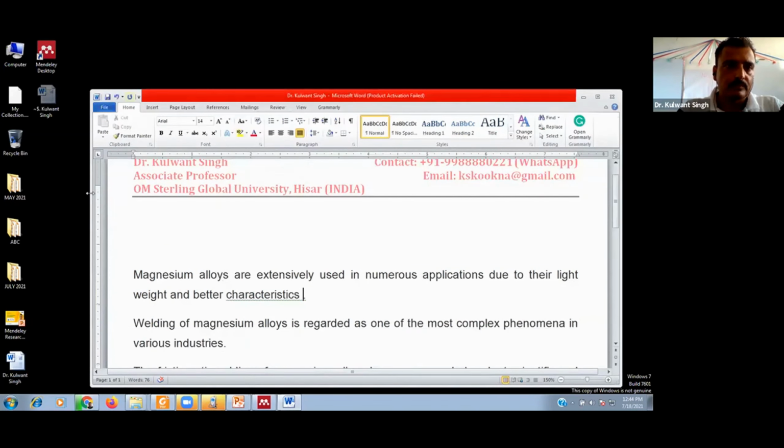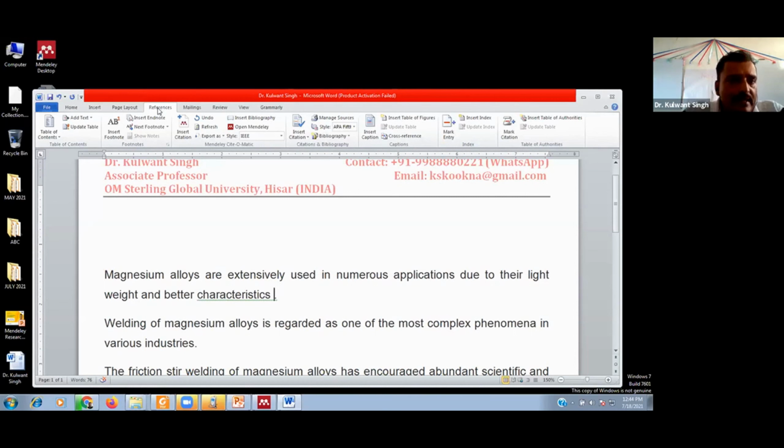This is the reference section in the Word file, which is the subsection of the Mendeley, and there are options: insert citation, undo, refresh, export as, insert bibliography, open Mendeley, and the style